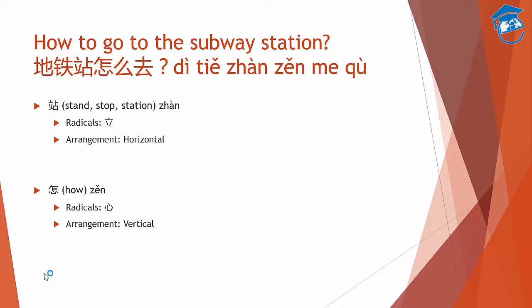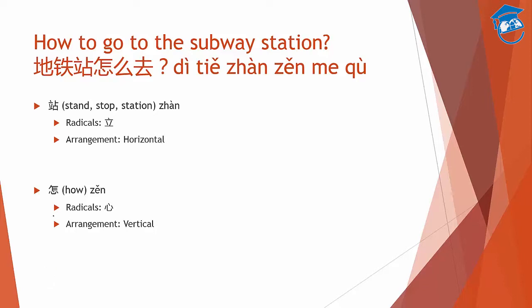Okay, 地铁站 means subway station. But of course, if you say 地铁怎么去, it's also understood that you're referring to the subway station. Just like English usage, if you ask how to go to the subway, it is understood that you're referring to the subway station. Okay? 怎么 is how,